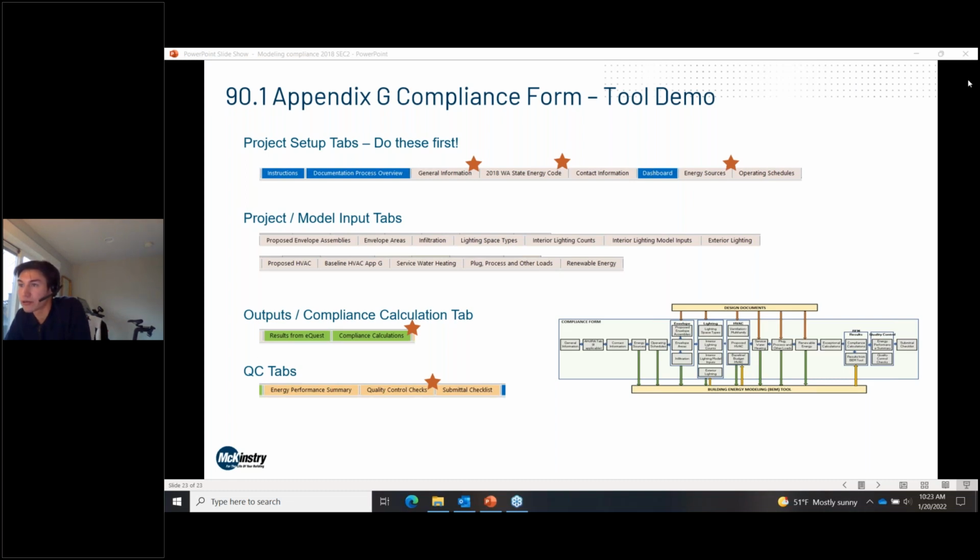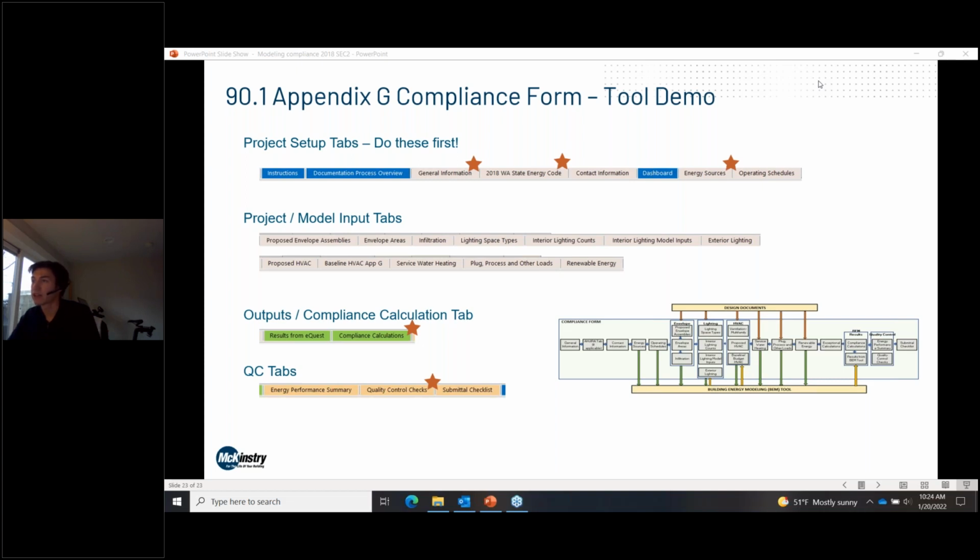And then once you've got your energy model running and you've got results that you like, there's some outputs tabs. So you're taking data from your energy model, putting it into the compliance tool, and then it's doing the compliance calculation for you. And then you've got a couple of QC tabs. This is where the submittal review manual that I mentioned before comes in. Most of the checks that manual recommends have been integrated into the workbook, and it does all of these quality control checks automatically, just making sure your model inputs and outputs are within expected parameters. And you've got your inputs and outputs in the same workbook, so it's able to do a lot of cool quality control checks there.